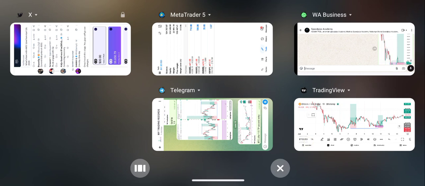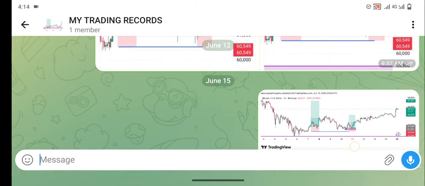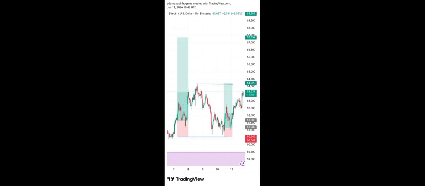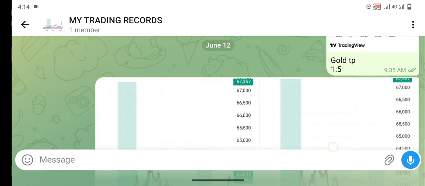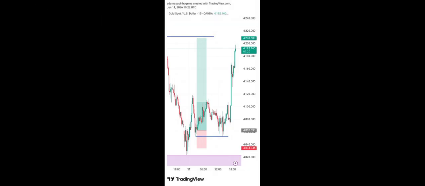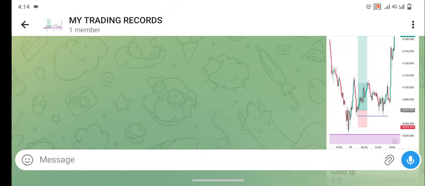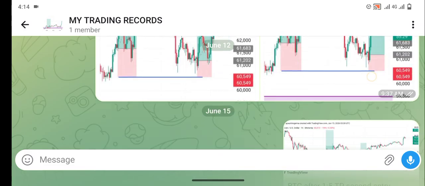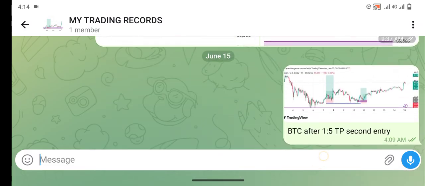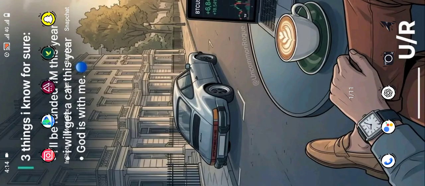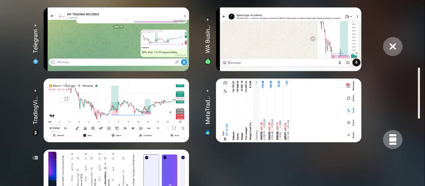So this is the record of my trade. This was okay. This one was playing. This is a good trade. Alright, so guys, that is it. I'm going to take my time and explain everything about